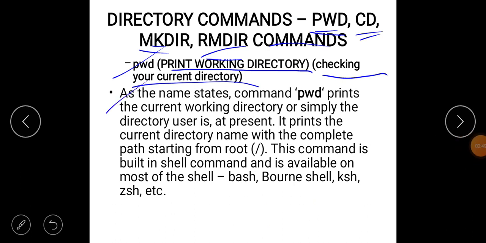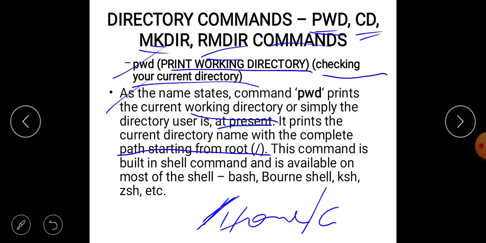As the name states, the command pwd prints the current working directory, or simply the directory the user is at present. It will give the full path of the directory you are in. It will print the current directory name with the complete path starting from root. It will give the path from the root, home, next, suppose in home you are in csc, in that cps.